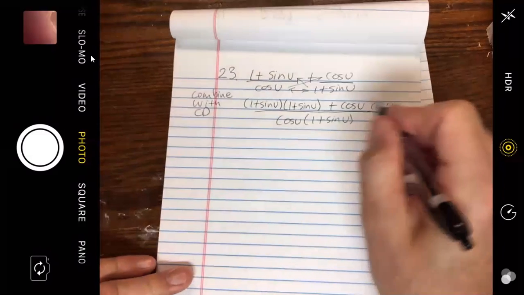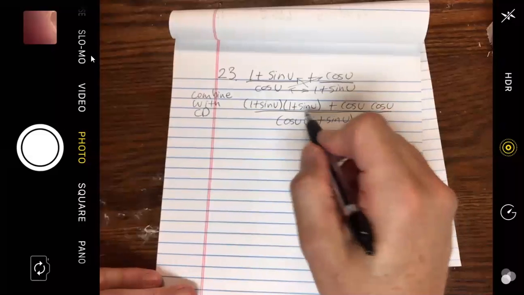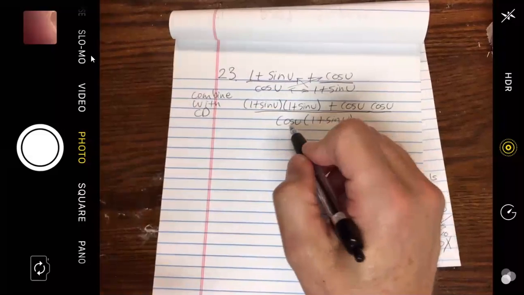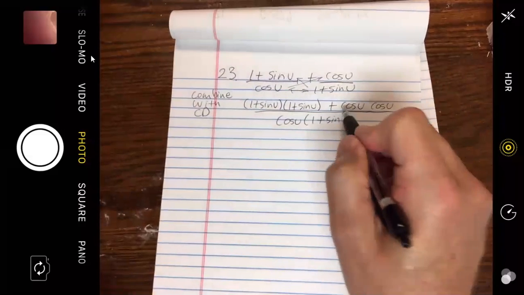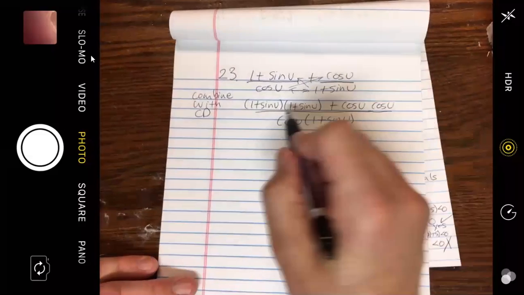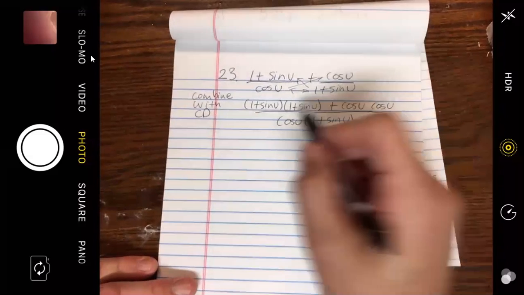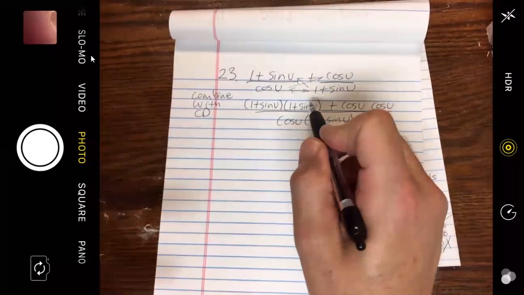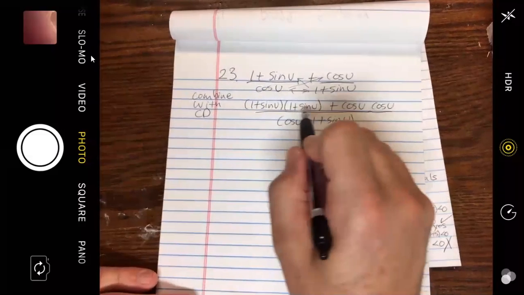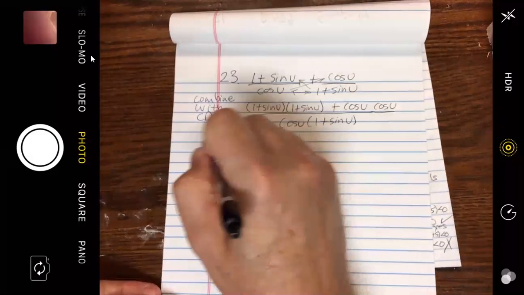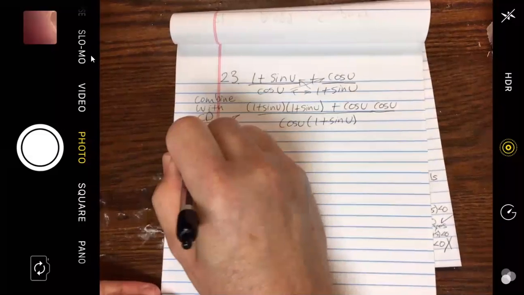If you individually try to think in your head cancel back, you wind up with this over this, because that would cancel there, and you wind up with one of those cosines canceling, cosine u over this. But don't put it back. I could write this as 1 plus sine u squared, but you may not be that familiar with FOIL. I might as well just FOIL this as is and then write that as cosine squared. So if I FOIL